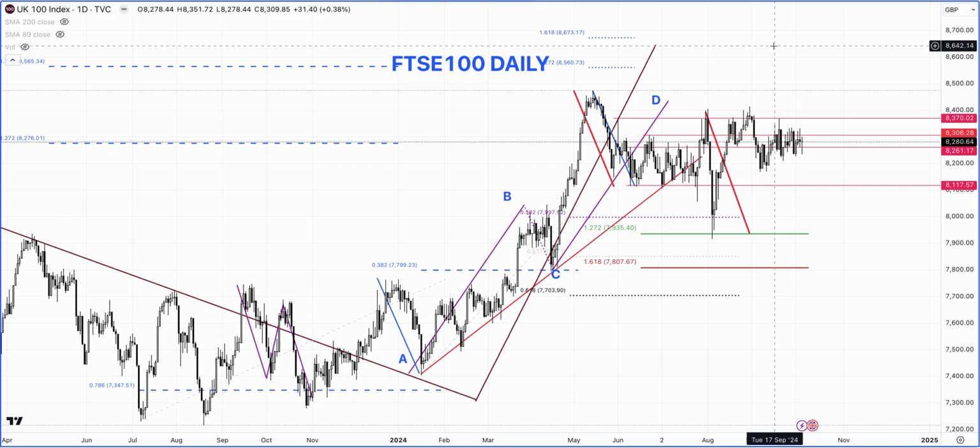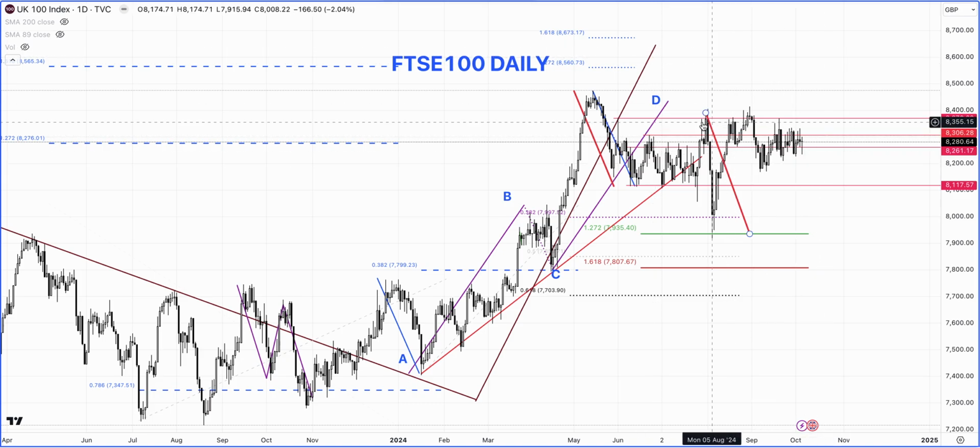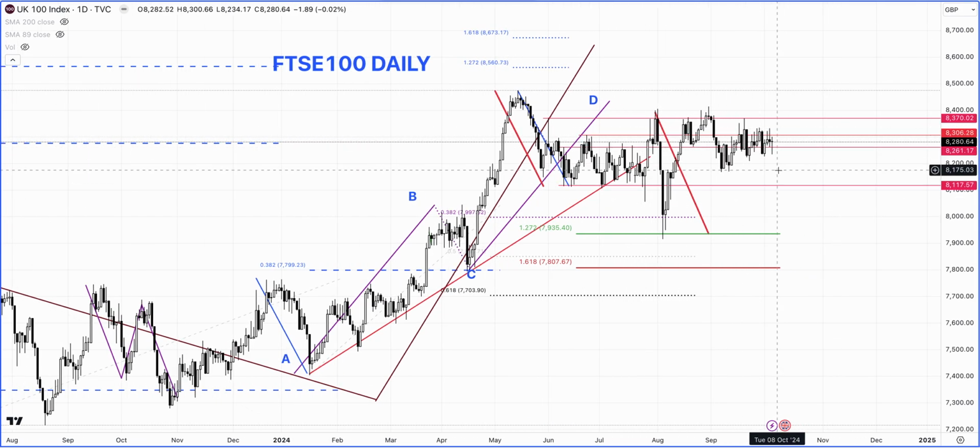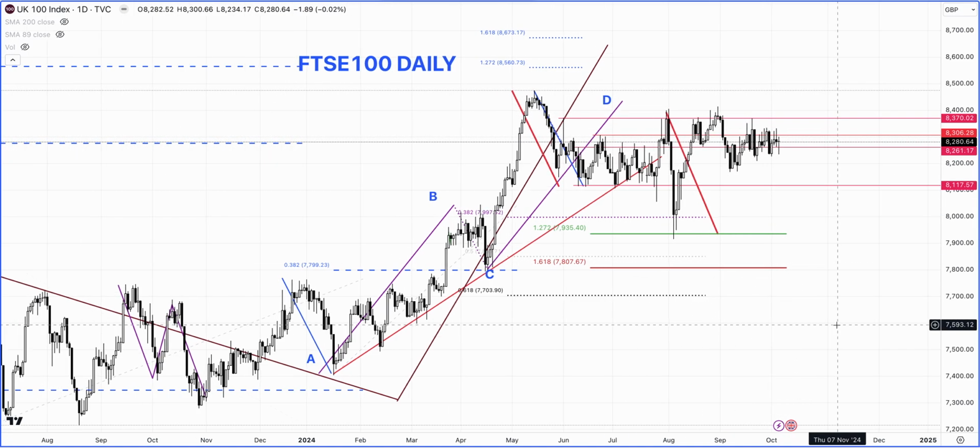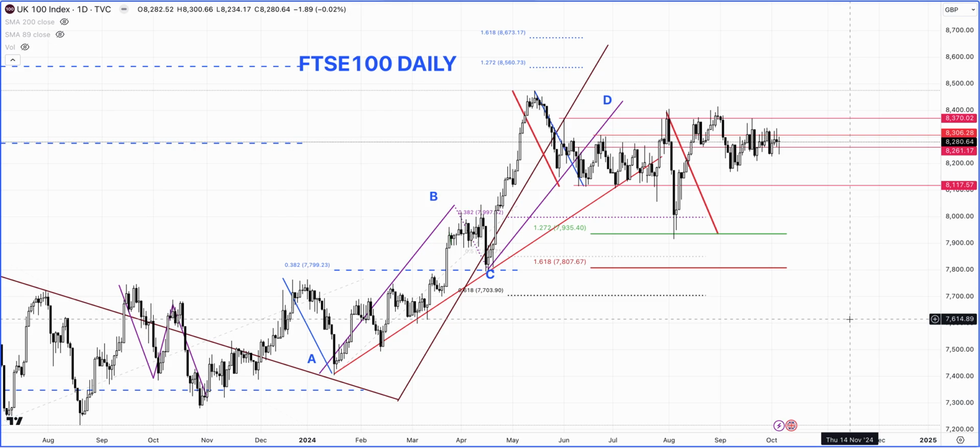I thought it had a chance to still go and make about 8,600 to 8,650. That's where this big ABCD is. Maybe it's still able to do that, but right now it's just really ugly looking price action. Okay, now let's begin to take a look at how the US markets did.